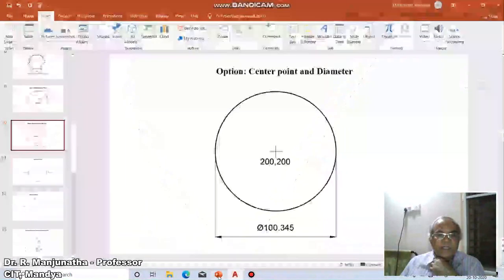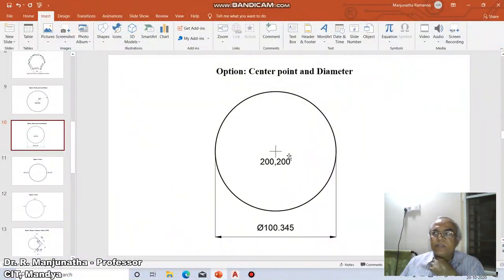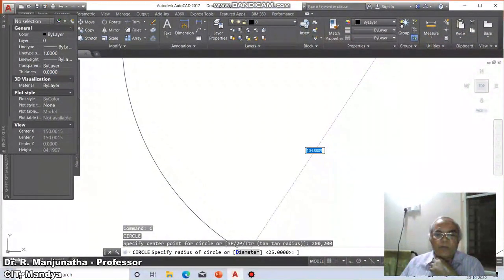If I want to give the radius of the circle and I type 100.345 here, it will be considered not as a diameter, but as the radius of the circle. Since I want the diameter, D for diameter is in the square brackets, and whatever is in the square brackets, you need to type.